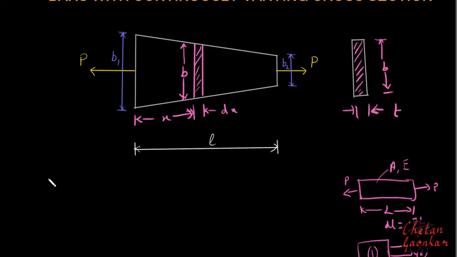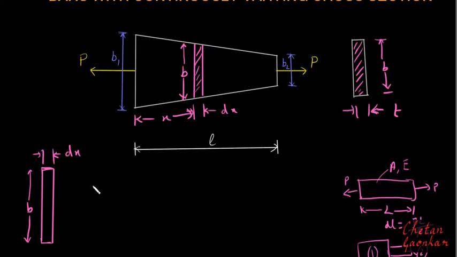So because of that, if I try to draw this element here, I can draw it in this fashion, and then I will neglect the variation in these two sides, because what I am assuming is that the length of this element is very small. That is why I am calling it dx. Since the length is small, I can very well neglect the variation, and then I know that if this element is subjected to load P,